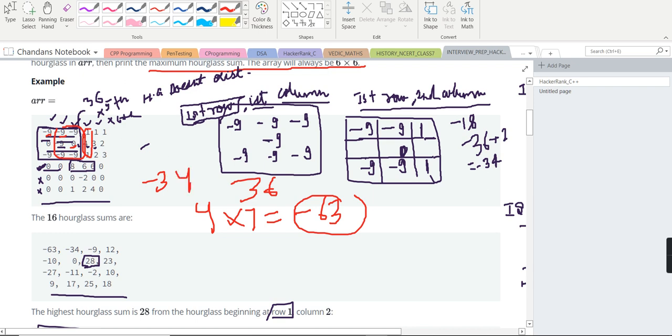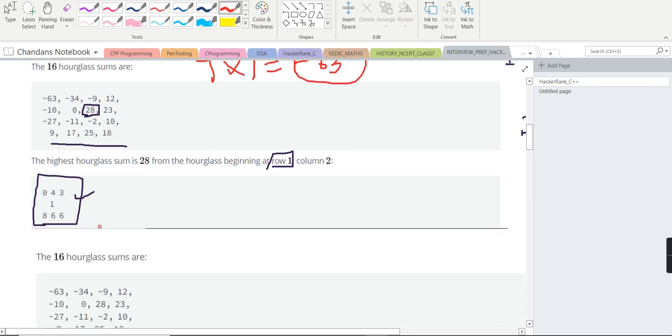Now the same we will do for the first column, second column, third column, and up to the fourth column we will do. We won't be doing it for the fifth column, because if you do it for the fifth column, then there won't be any third column for this. And likewise we will do it for rows also and columns. So likewise we will do it downward also and rightward also. Understood?